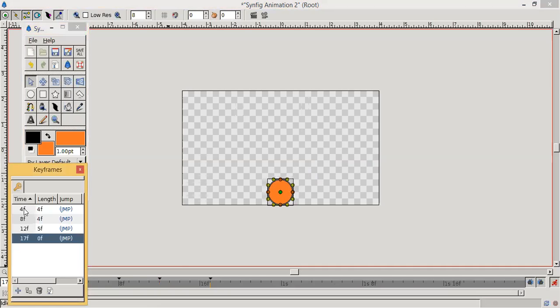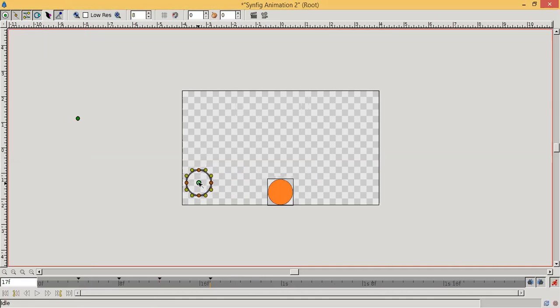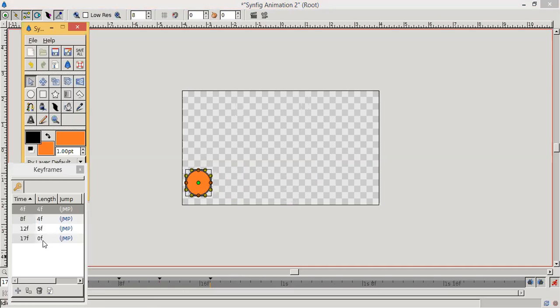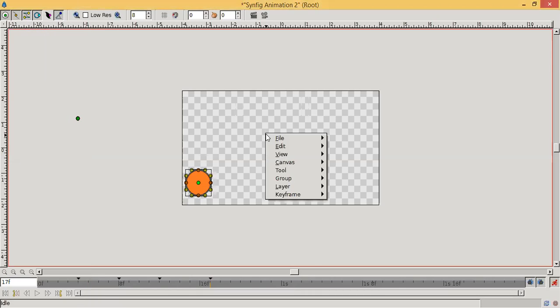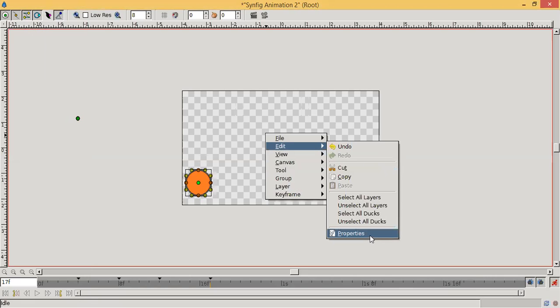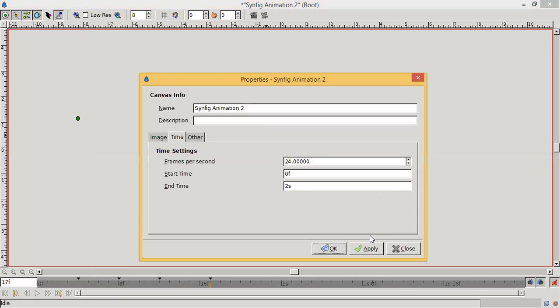Now we again go at first. Now we will click here and there is the option to change the edit property.